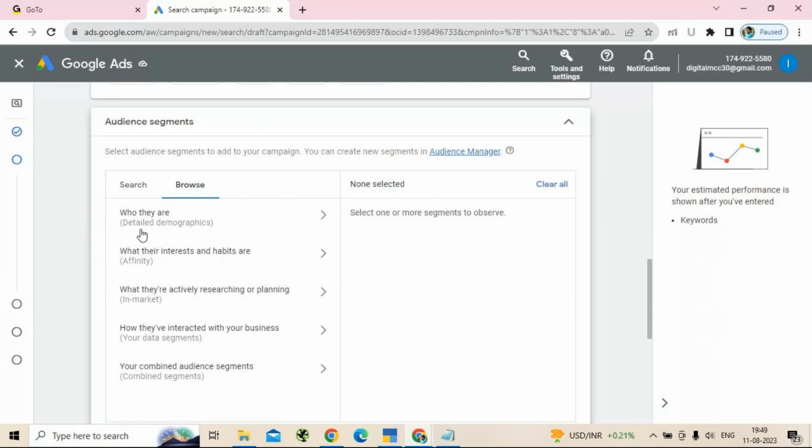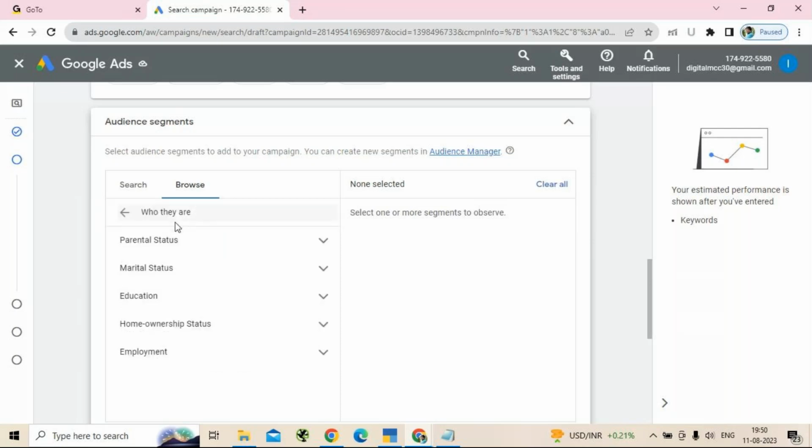Firstly, it talks about detailed demographics, which means it is status wise. It is based on parental status, marital status, education status, home ownership status, and employment status. So it is a similar type.